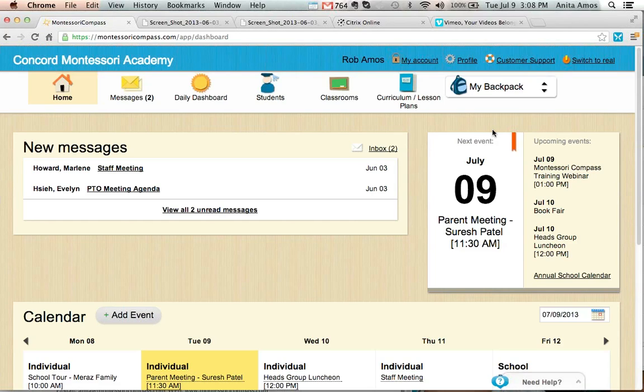And very early on in our process with our school, we got real interested in Montessori, and we happened to be software geeks at the same time, and started working and trying to figure out ways to solve problems. And so this continues to grow and improve, and we want to hear your feedback on ways that we can make it even more useful. We're trying to solve a lot of problems here in terms of the types of common issues that Montessori schools are facing, and with parent communication and record keeping and progress reports and administration and so forth.